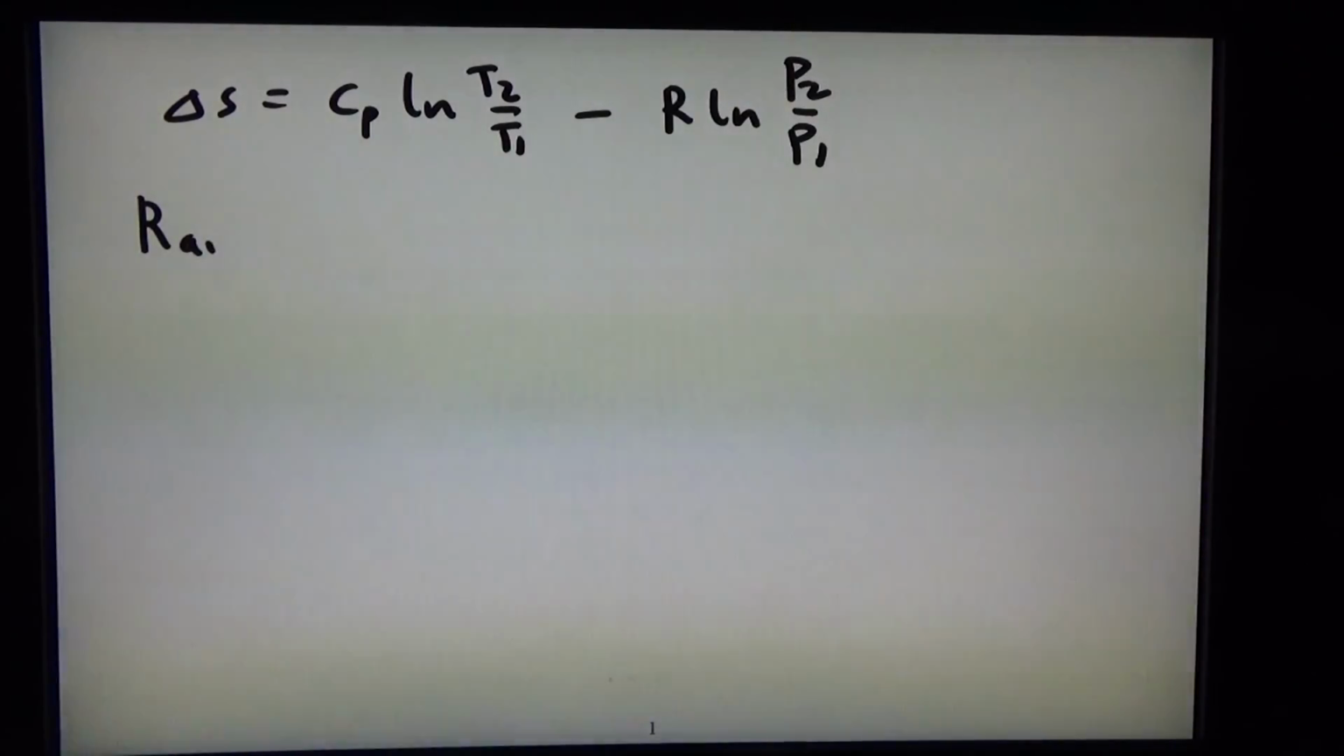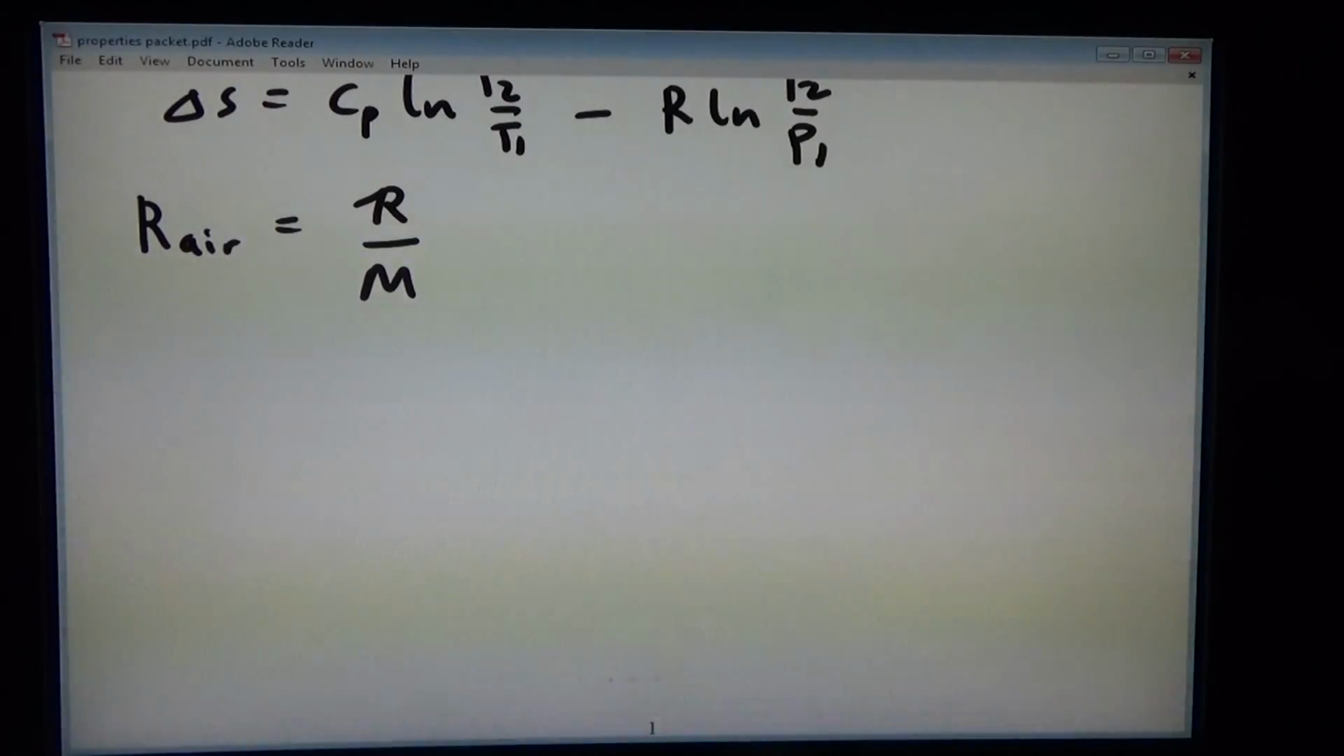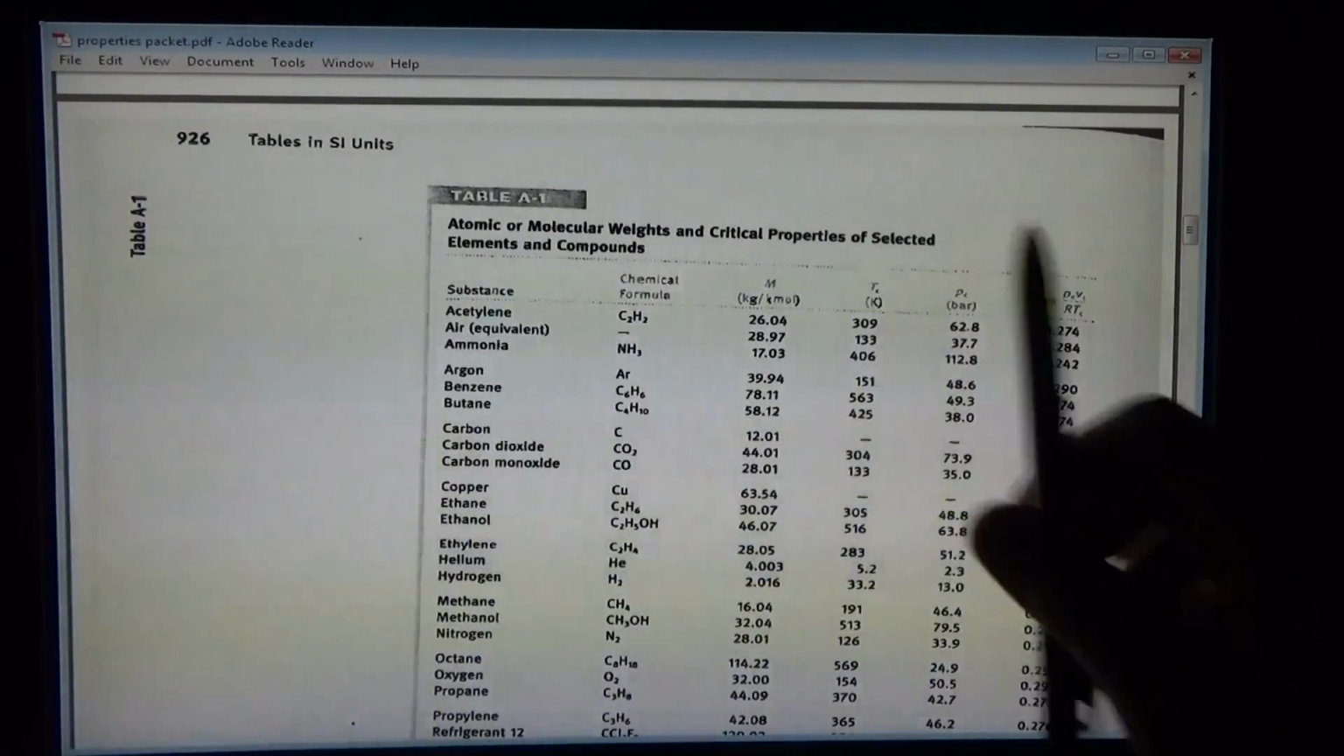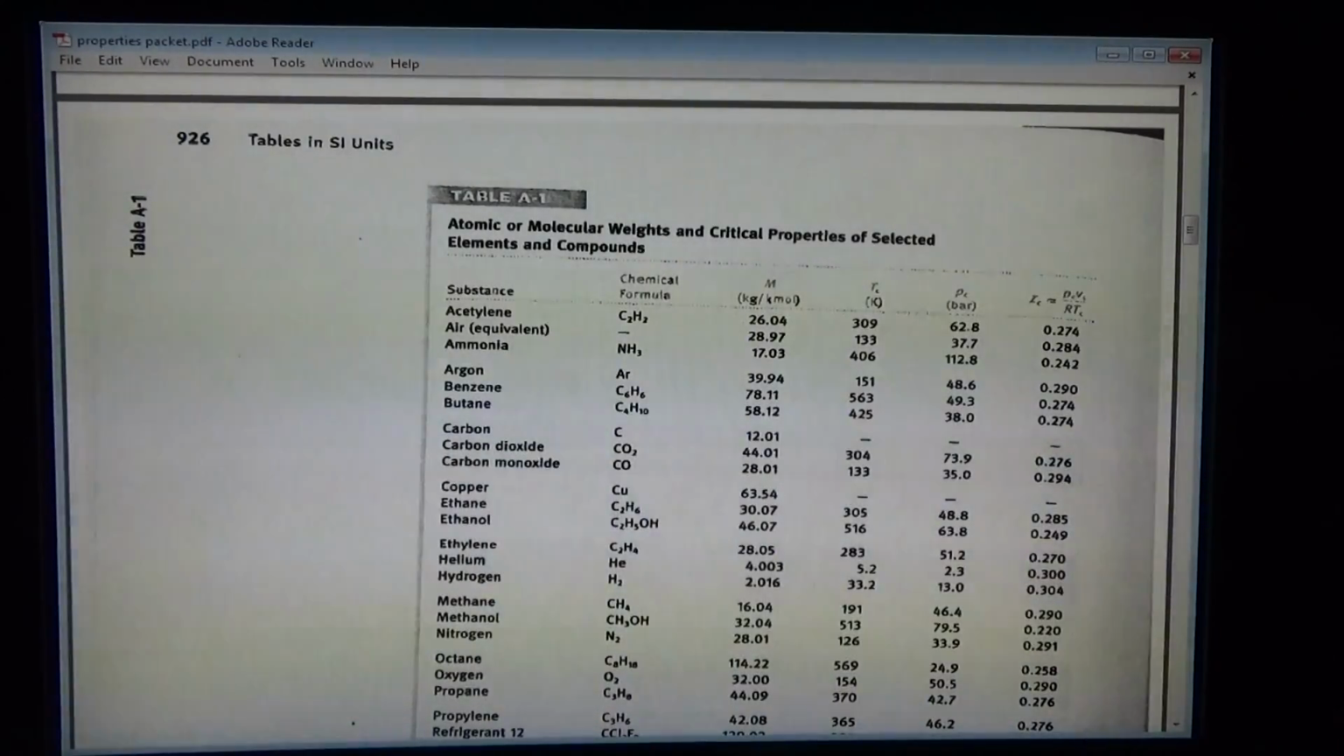So we need to calculate R for air. Take the universal gas constant, divide by the molar mass. So the molar mass of air, if we pull it up in our properties packet, we can read off as 28.97 kilograms per kilomole. So going over to our calculator,